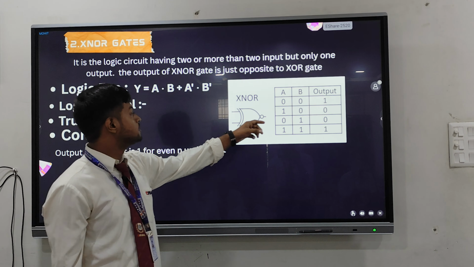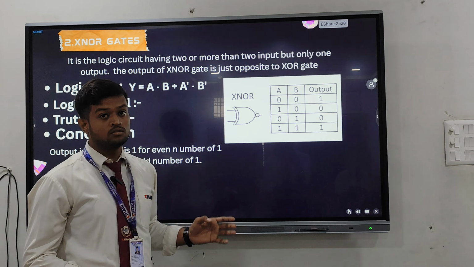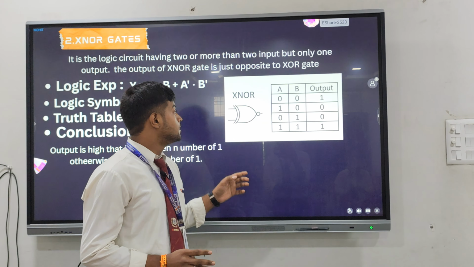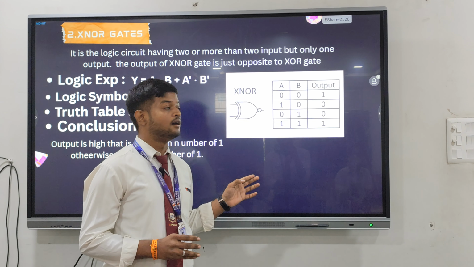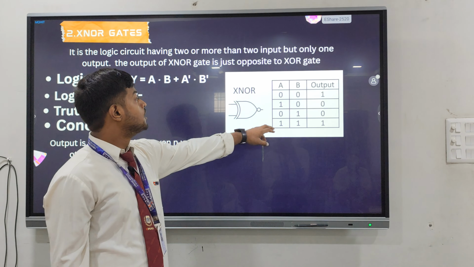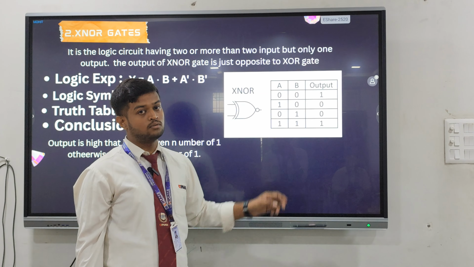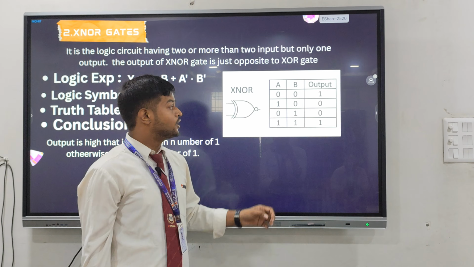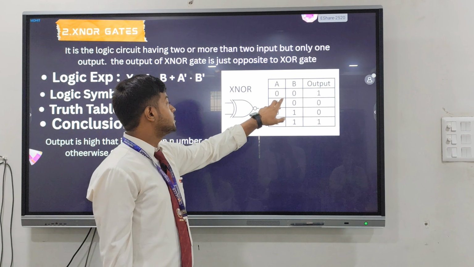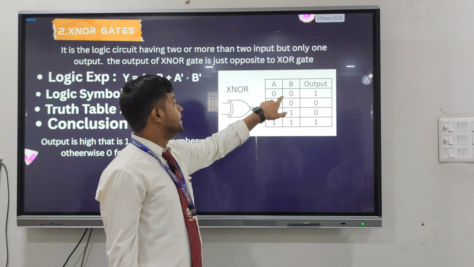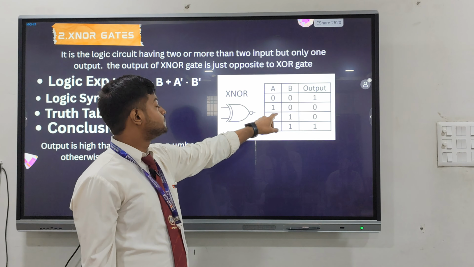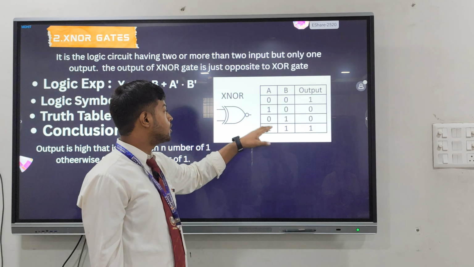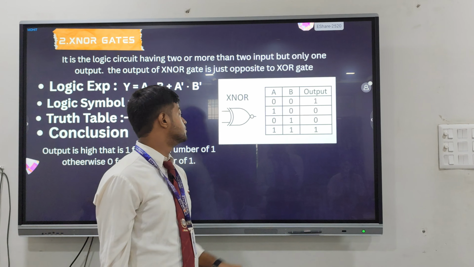As you see here in the truth table, it is also the opposite of the XOR gate. So if the even number of 1s, then the output will be 1. If the odd number of 1s, then the output will be 0. As you see in this truth table, here the even number of 0 inputs, so the output will be 1, and if the odd number of 1s, then the output will be 0.